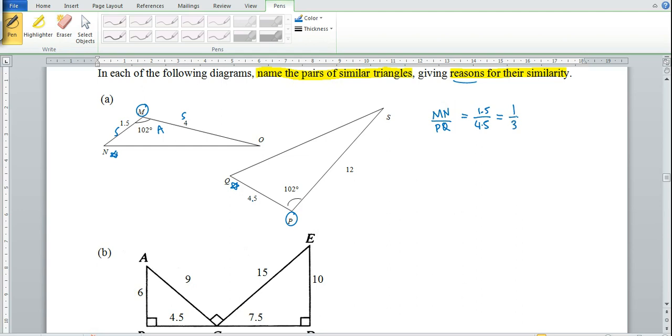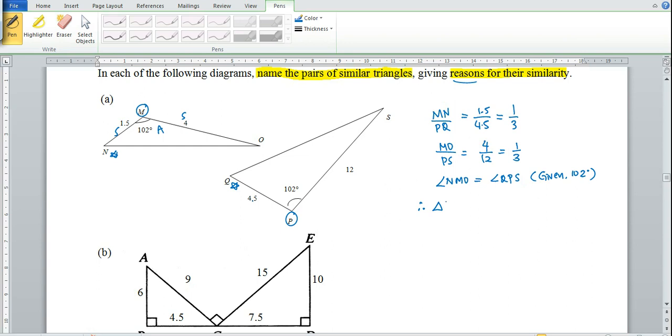So I have this side here, and I have another side, MO over PS as 4 over 12, and the ratio is also 1/3, okay? Therefore, they are proportional, so I've covered my S, and then the included angle NMO is equal to the angle QPS. This is given to be 102 degrees. Therefore,